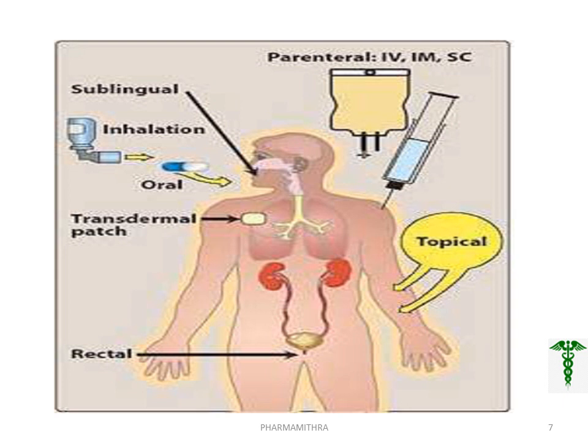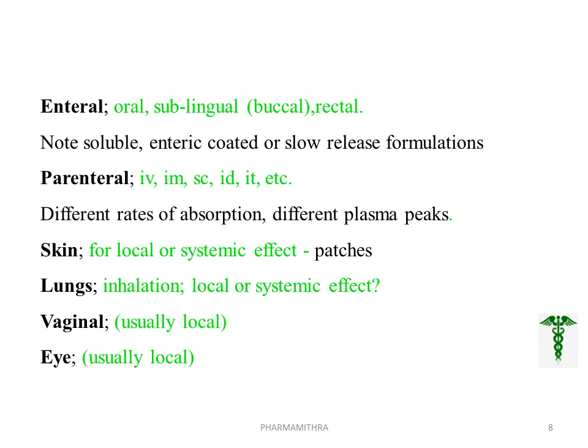These are the major routes of drug administration: oral, sublingual, inhalation, transdermal patch, rectal, topical administration, and parenteral, that is, IV, IM, subcutaneous, etc. The enteral routes of drug administration. Enteral means through the human GIT. Enteral administration involves the esophagus, stomach, small intestine and large intestine. Here the method of administration may be oral, sublingual, buccal, rectal, etc.